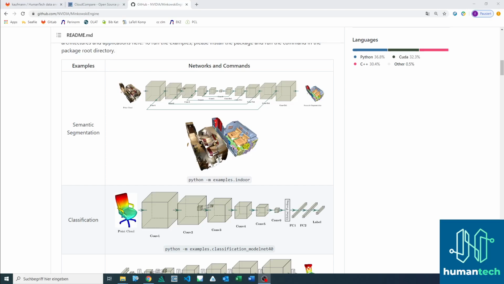So, welcome to this tutorial about point cloud annotation for semantic segmentation task. First of all, let me introduce you to machine learning on point clouds very briefly, and then let's discuss how data needs to be annotated, how training data needs to look like, and then we can go into the annotation